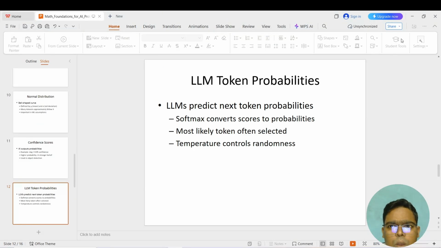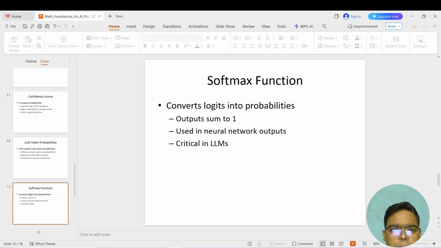And why is temperature so important in an LLM? Because temperature means randomness. If I say 0, then it is very static, it will not go beyond any scope of randomness, and creative information will not be there. If I say temperature equal to 1, then you will see it is a creative answer that I am getting. That's why LLM token probability is very important, and temperature is also very important. You can see logits converted into probability using the neural network in an LLM.